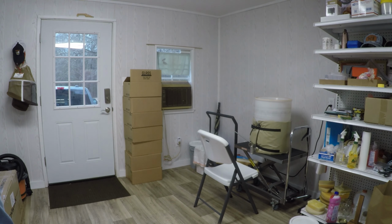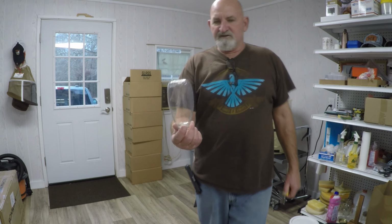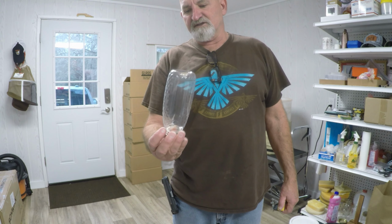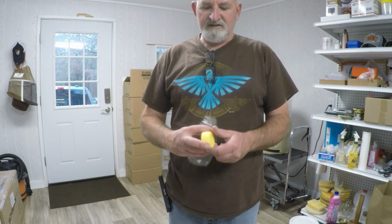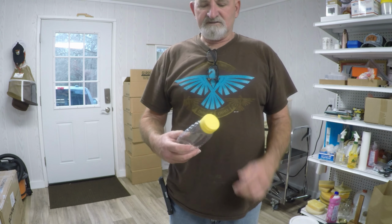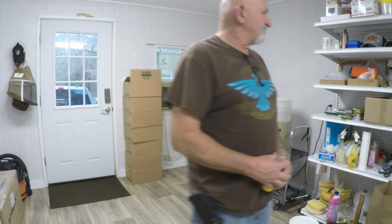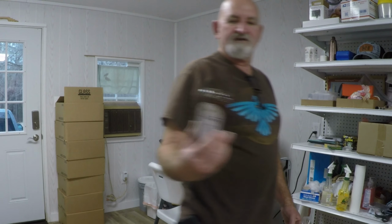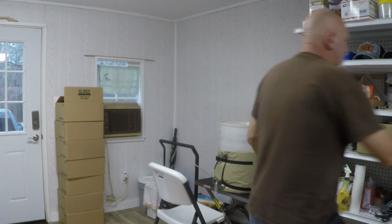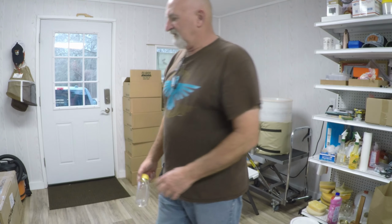I've bought these bottles here. I got a cap sitting right over here. I bought these inverted bottles for several years since I quit selling the quart jars. These work good and got the little caps on them that sometimes you can get them, they come together, sometimes you have to order them separate, but it's got the little baffle on it where you can put it upside down like so, and just leave it sitting on the cabinet like that. But when you squeeze it, the honey comes out. When you stop, it don't come out at all. But anyway,